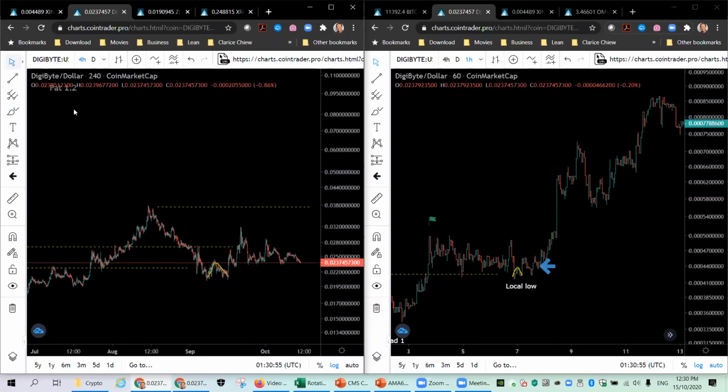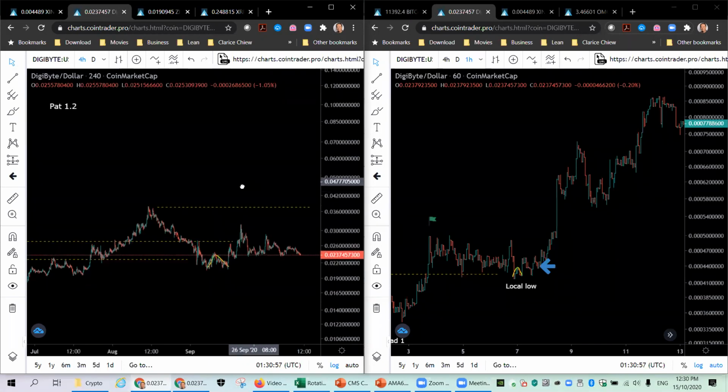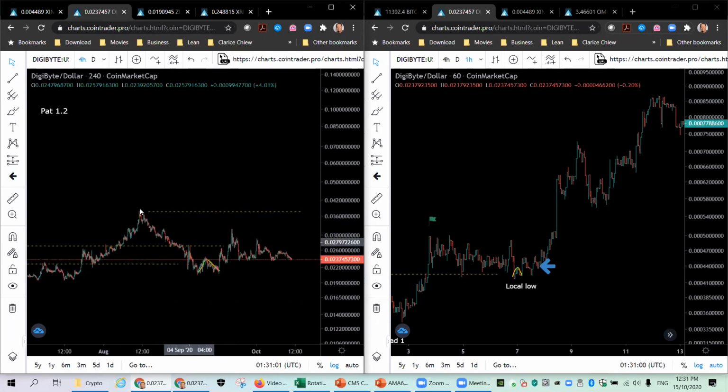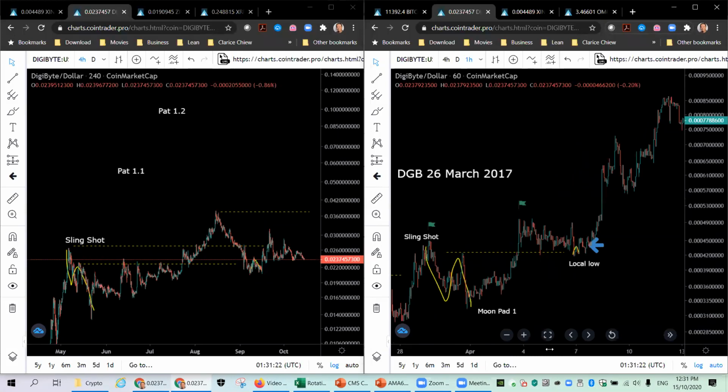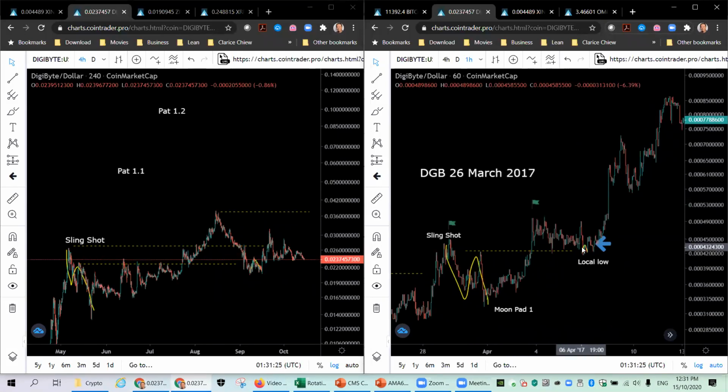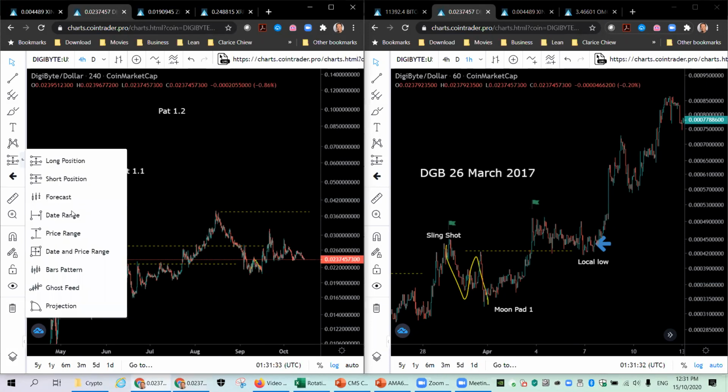following the past, really. You'll be surprised that I was talking about this correction since, I don't know, June. During the slingshot, I was saying that, hey, there will be a correction here. I guess my only mistake is I did not anticipate a bigger correction, because it looks pretty flat to me in the last cycle, right? If you look at this, it looks pretty flat to me. So as such, I was thinking, yeah, it should be all right. But I guess in this cycle,